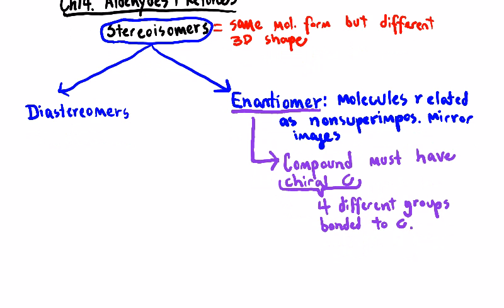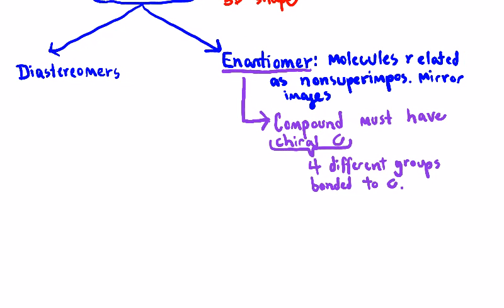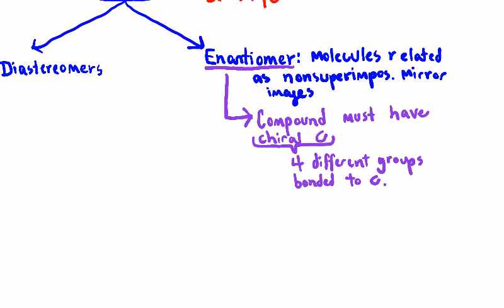And so an example that we could look at of a chiral molecule would be lactic acid. To show the chirality of a molecule, we indicate it with wedges and dashes to show the three-dimensional structure of the molecule. So a wedge is a bond that points out of the page, it points toward you. On the other hand, a dash is a bond that points into the page, it points away from you. So that's showing how the atoms are oriented in three-dimensional space